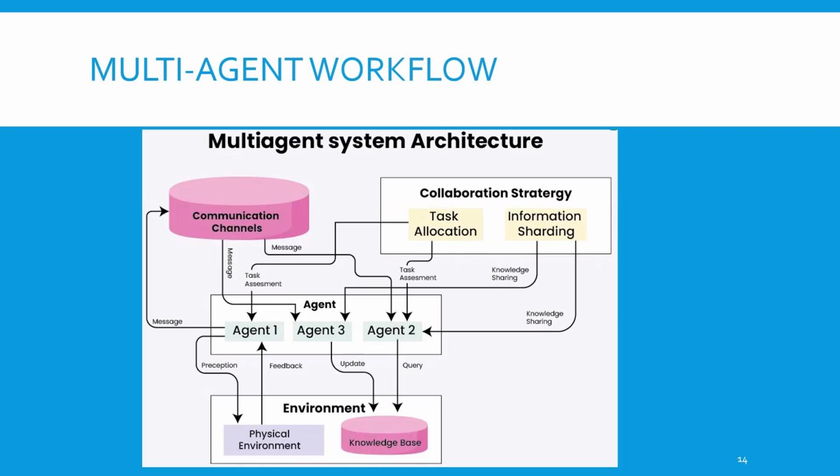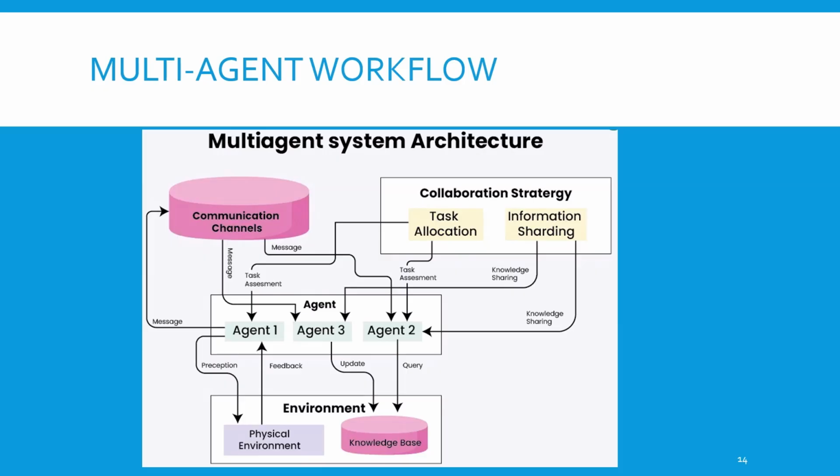So this is a multi-agent workflow architecture, as you can see. They are a group of collaborating agents. There is a collaboration strategy, there are some communication channels, and there is a physical environment, right? So suppose there is agent 1 which has some tasks allocated to it through the collaboration strategy, and it passes its messages to the communication channel. This communication channel can be push-pull based messaging frameworks like M2M frameworks. It can be middleware messaging, whatever.